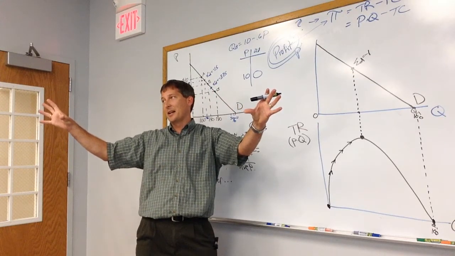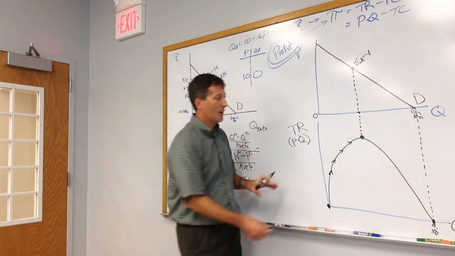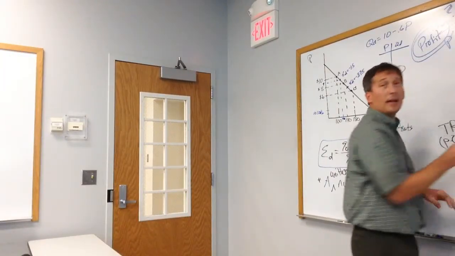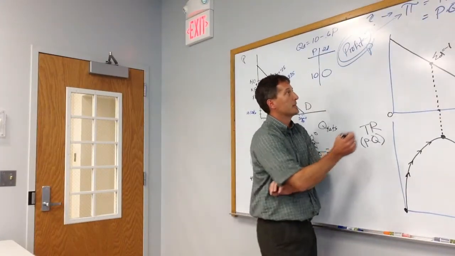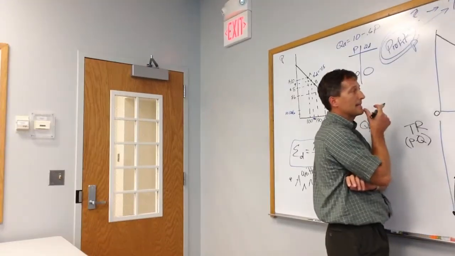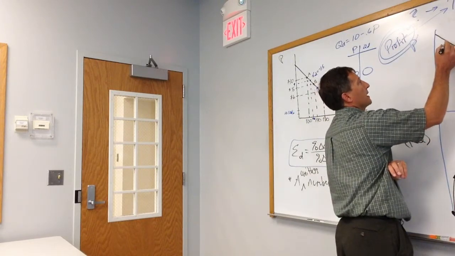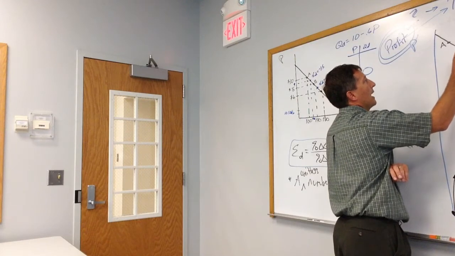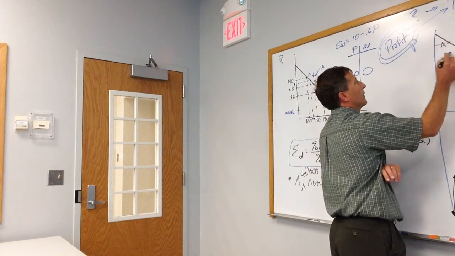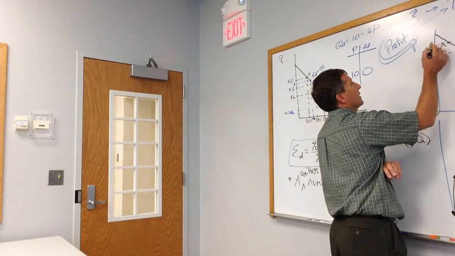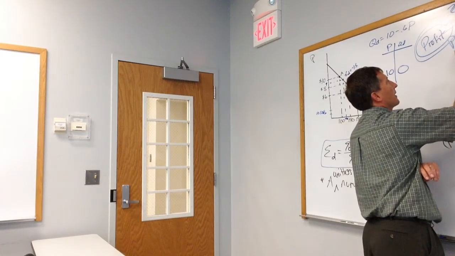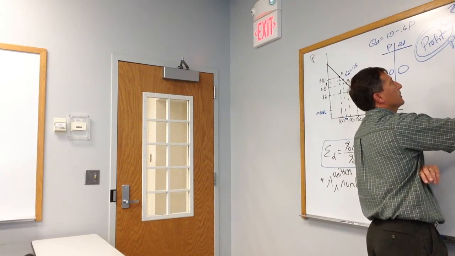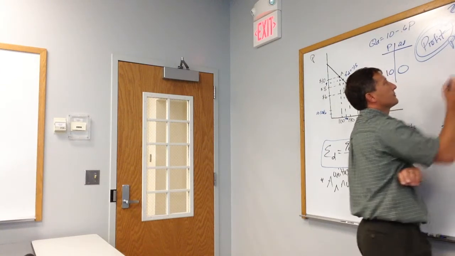Okay, so not a lot of money. So this is correlated with points along the demand curve that are very important for decision making and related to the elasticity. If I pick a point up here, point A, and I decrease price by $2, from, I guess I'll go 12 down. I kind of want to take it away from the examples there. If I go from $12 down to $10,